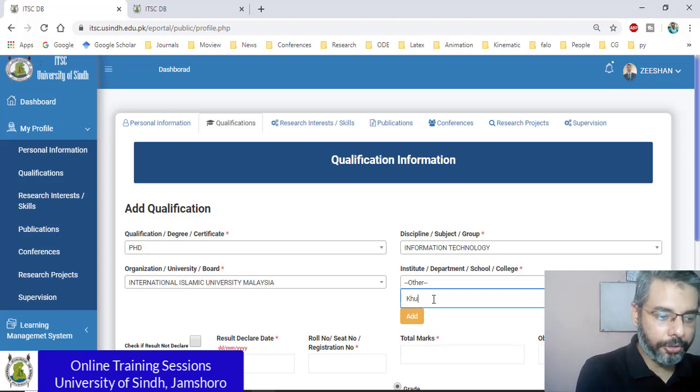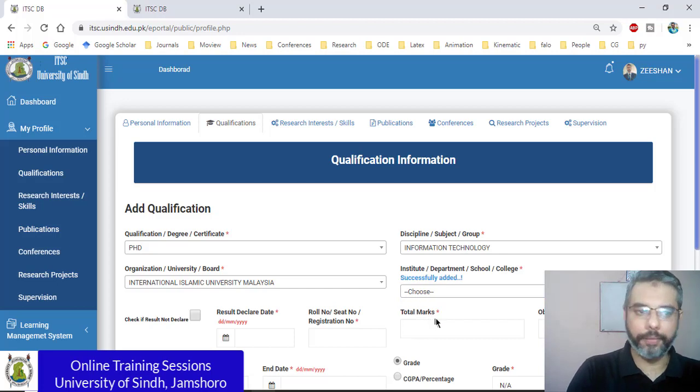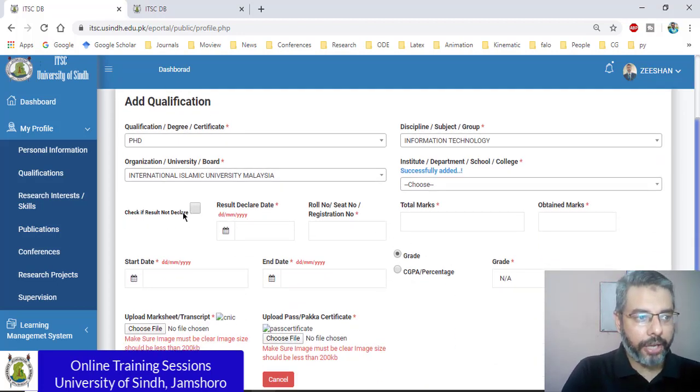So for example, Kulliyyah of Information and Communication Technology. Okay, and I will add that as well here. Similarly, check if the result is declared or not declared.